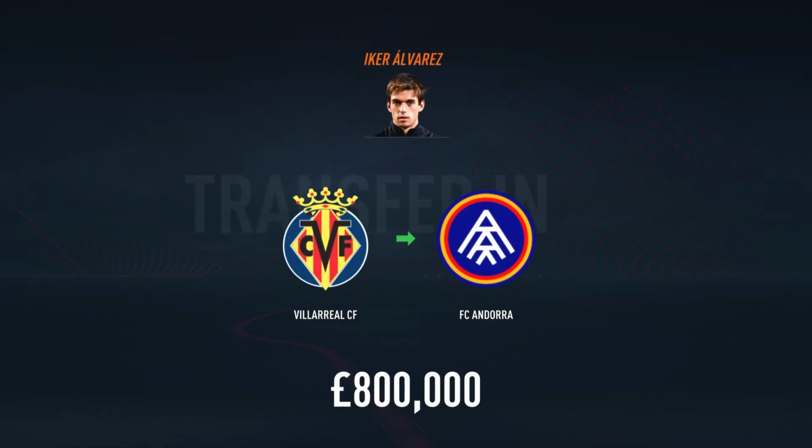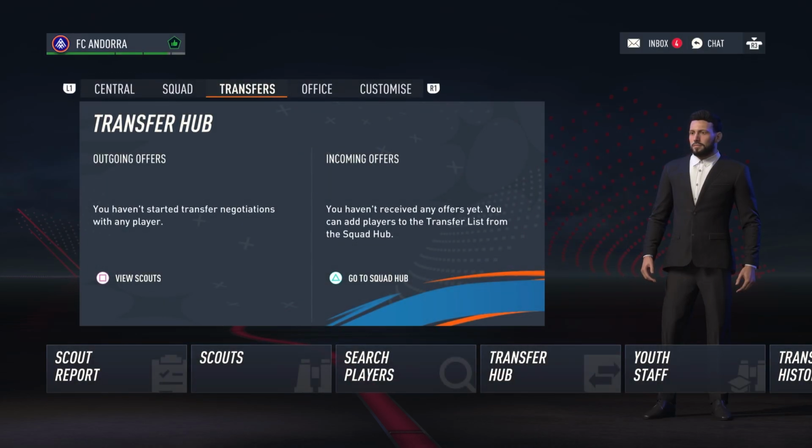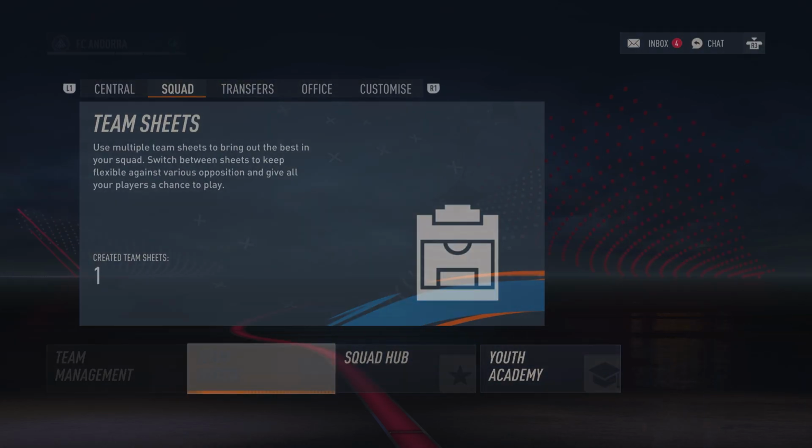You're going to play Rivarola because he's by far your best midfielder. He's really good at long shots. He has a little bit of pace. He's quite agile as well, but he is 5'10", so you might want a little bit more height in centre